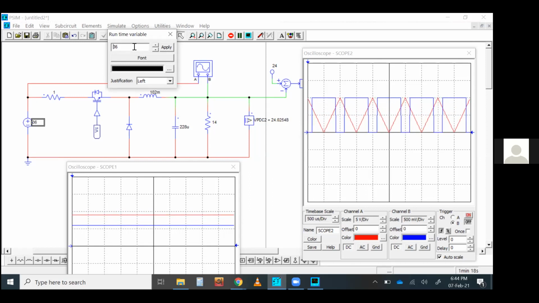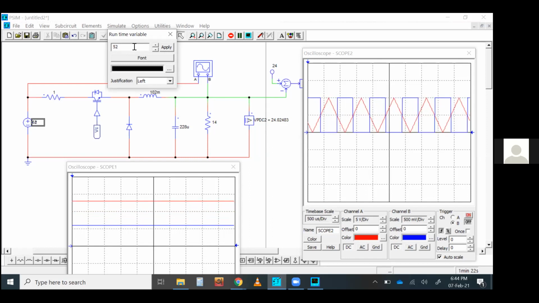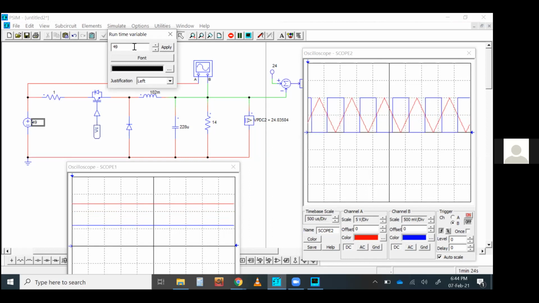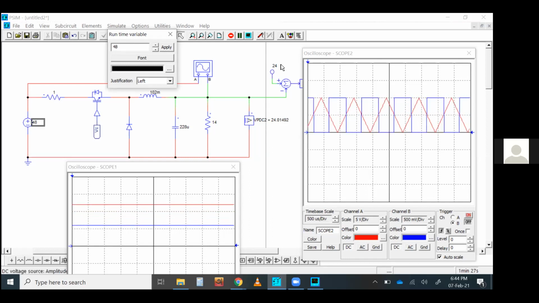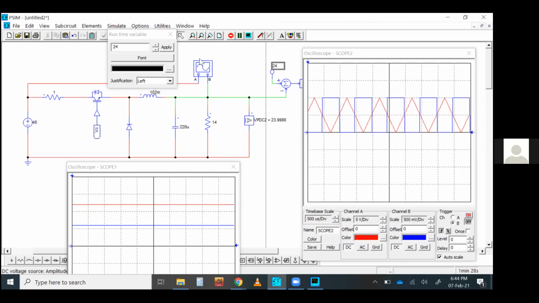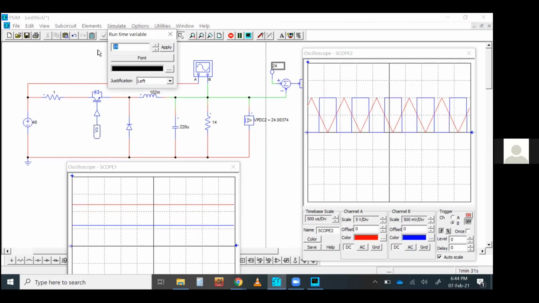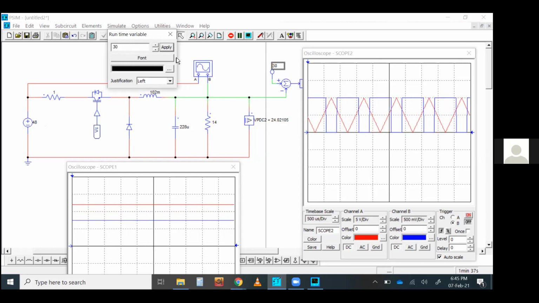That's the very impressive thing about this PI controller. Whatever voltage you give, it will act like that. Say for example, now I want 30 volt as the output voltage. Instead of 24, I want 30. Okay. Yes. Now you are getting 30 volt.